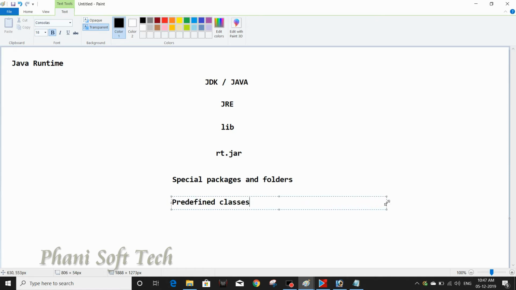Interfaces, classes, and enums are there, and annotations and sub packages. Annotations are there and sub packages are there. Okay,